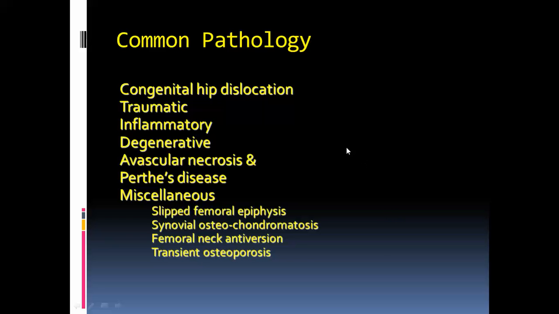The common pathology is congenital hip dislocation, trauma, inflammation, degeneration, avascular necrosis, and Behçet's disease, of course, and miscellaneous conditions like slipped femoral epiphysis, synovial osteochondromatosis, femoral neck anteversion, transient osteoporosis. Of course, if we apply here the arthritis group we have just